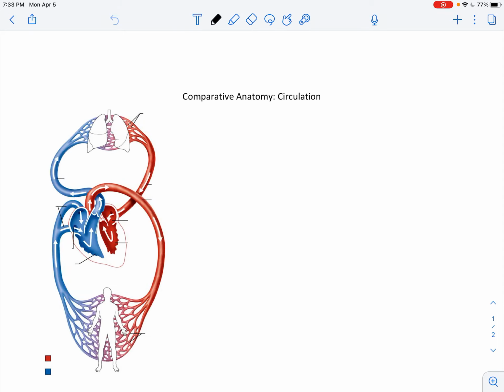I'm going to be talking about comparative anatomy today. This is one of the two lecture topics that you'll be watching on. One of the things that you should do is print out these notes. These notes can be found in the unit folder. You'll notice that the notes are pretty simple. They're actually one page, but they're going to be pretty interesting. And what we're going to be doing is comparing circulation and how those circulations vary from